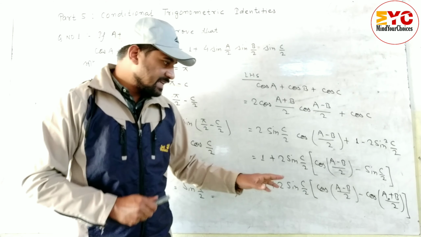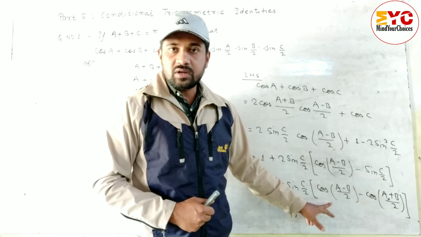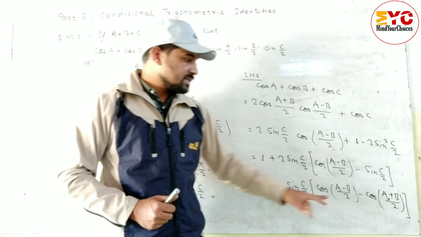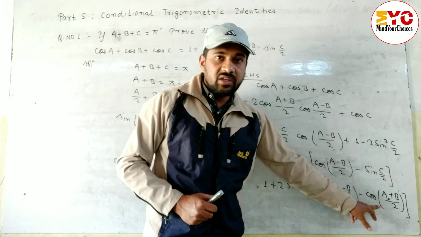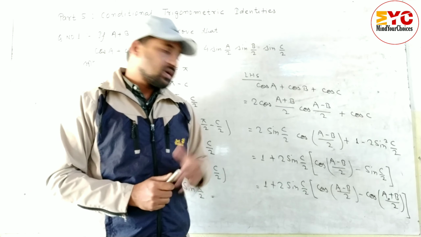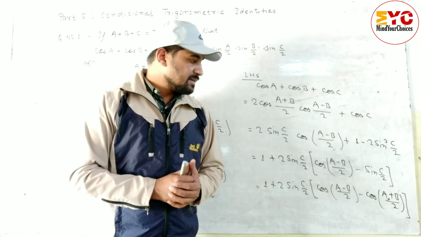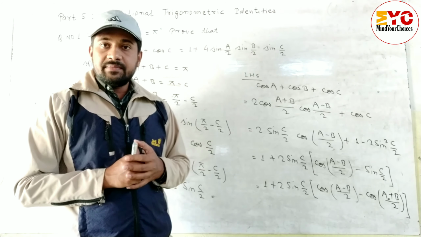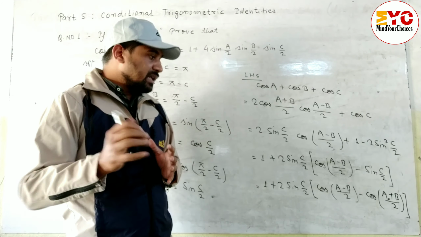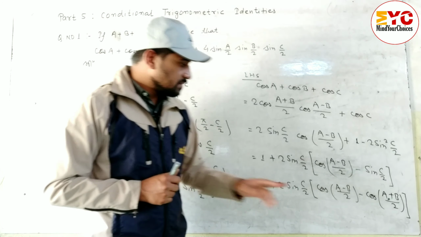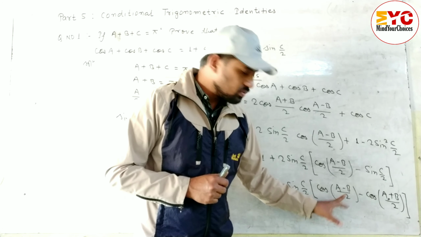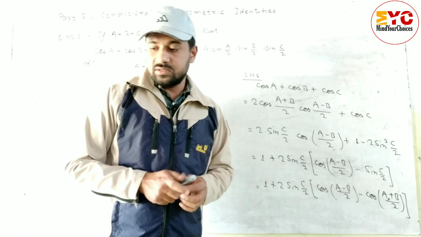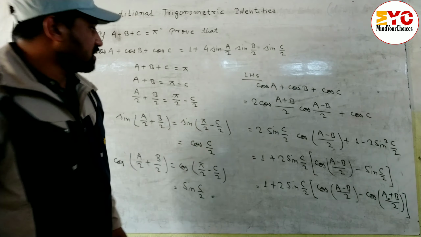Now again you can see this in the form of cos c minus cos d. In the place of c, here is a minus b by 2, and in the place of d you can see here is a plus b by 2. So again we have to use the formula of cos c minus cos d. And what is the formula of cos c minus cos d? 2 cos c plus d by 2 cos c minus d by 2. Or another thing, you can use cos a minus b also formula. When you separate this cos a by 2, I will teach in another video how to use another formula. It's very easy also. Now here we can use the cos c minus cos d formula.